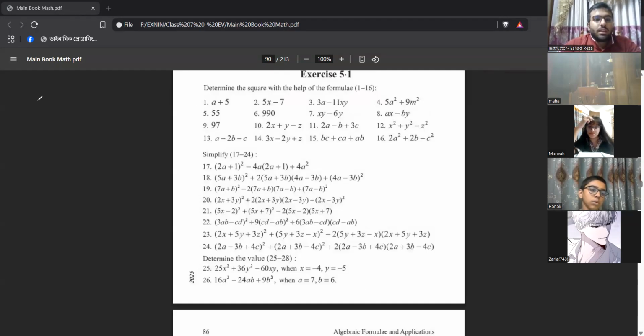So first of all, a plus 5 whole square. We'll just put it into the formula, since we know that a plus b whole square is